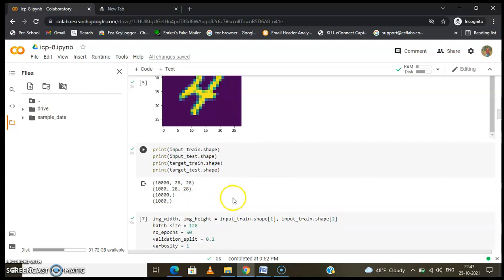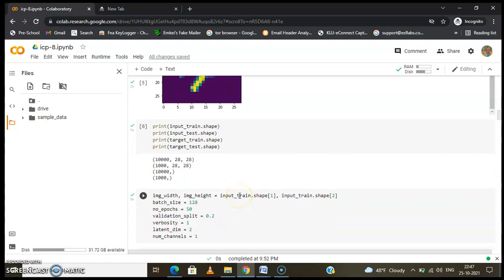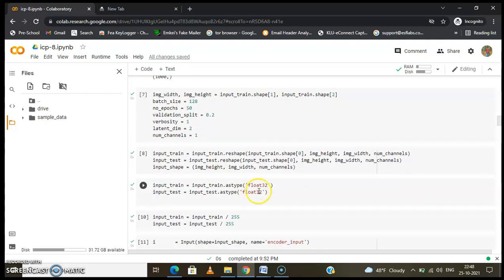So here we have given the specification for the data in the model configuration. We have width 28, height 28, and batch size is 128, as you can see here.